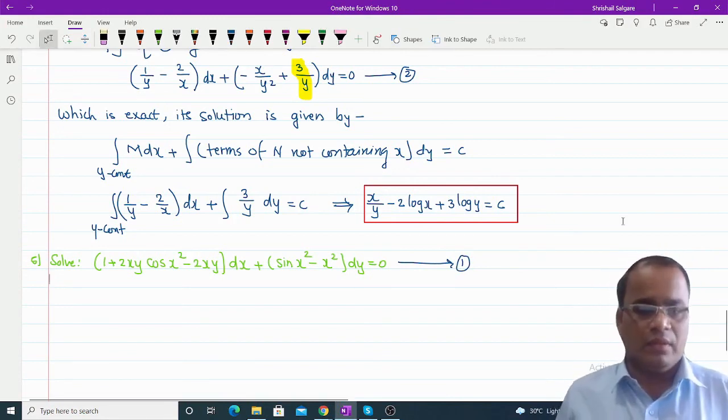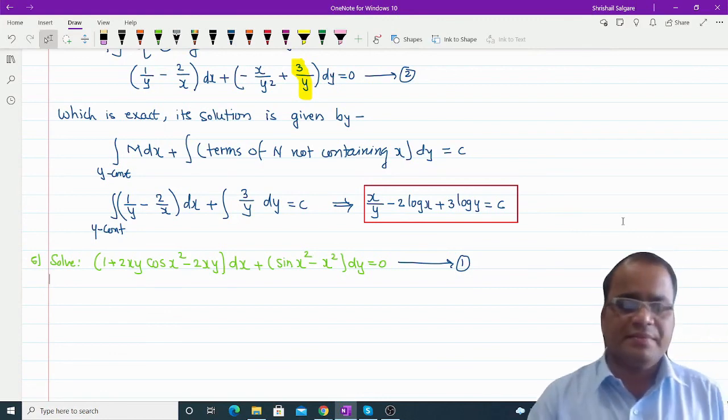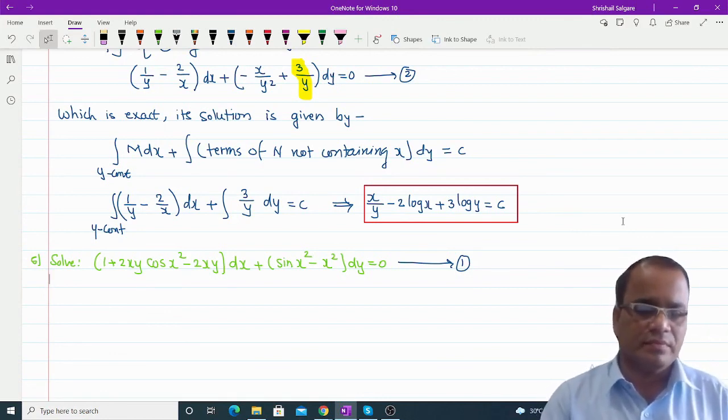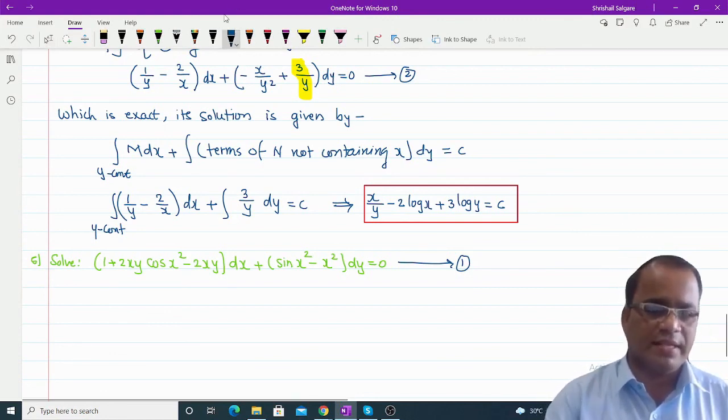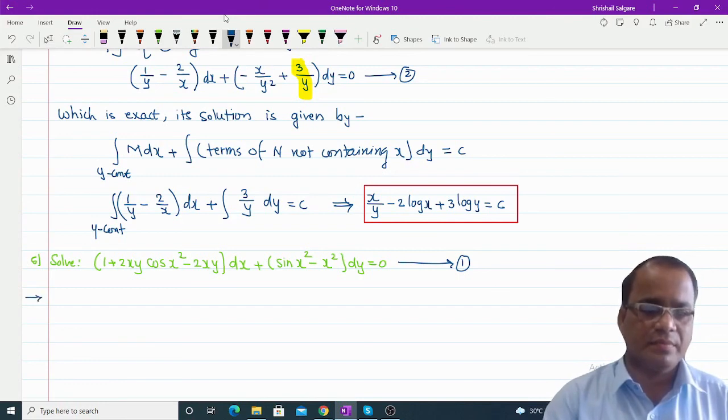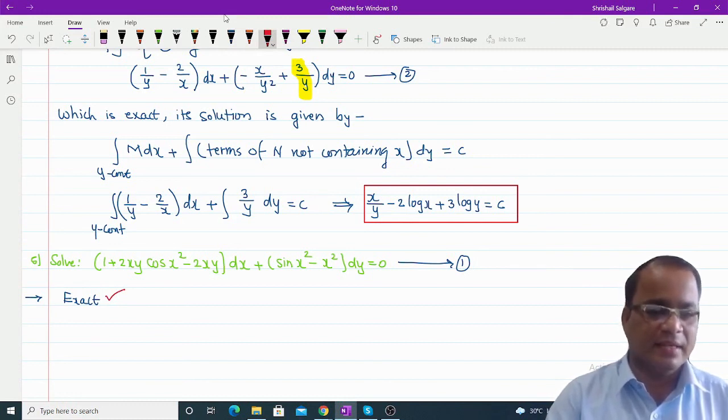Now, has anyone completed this? Whether it becomes exact or non-exact. It's exact. Okay, very good, it becomes exact. Both the derivatives are equal. Some students are attending for the attendance purpose only. Okay, exact. If this equation is exact, then what is the solution? Anyone completed it? Tell me.